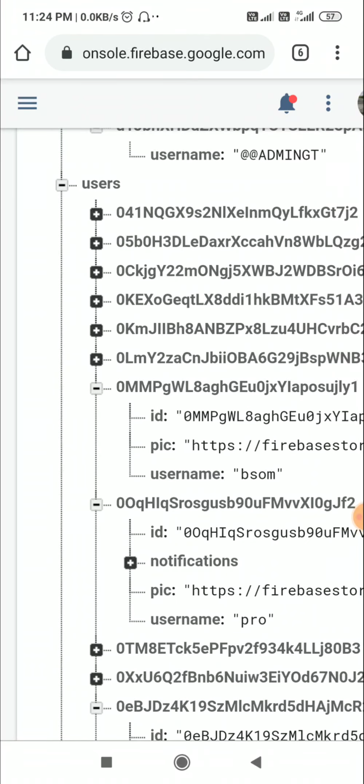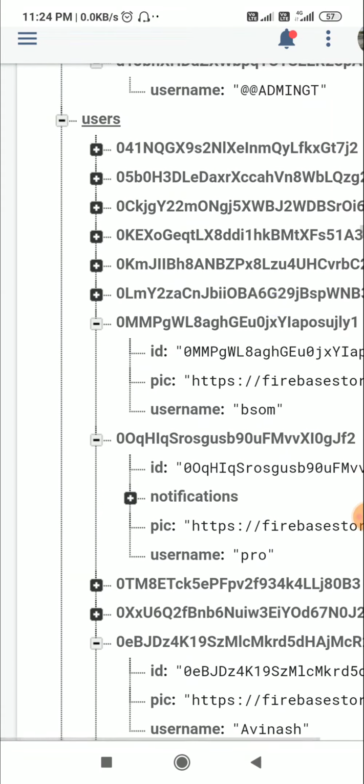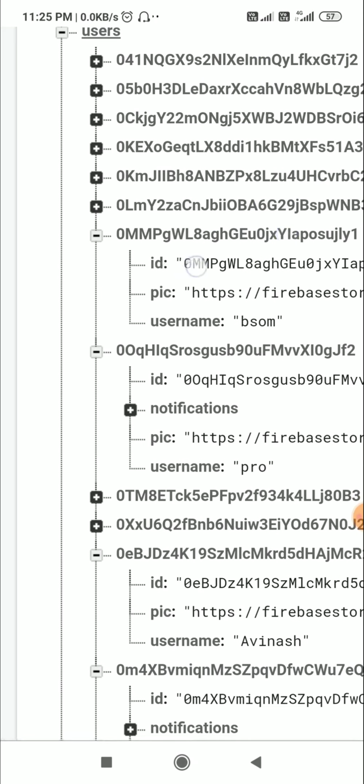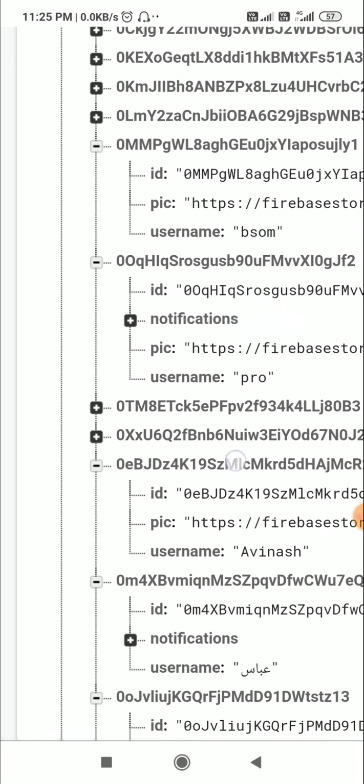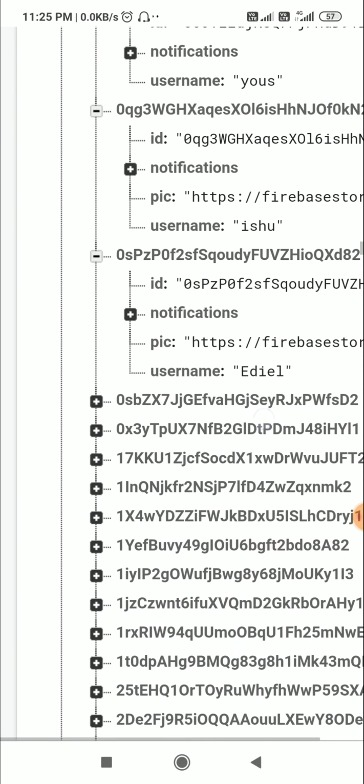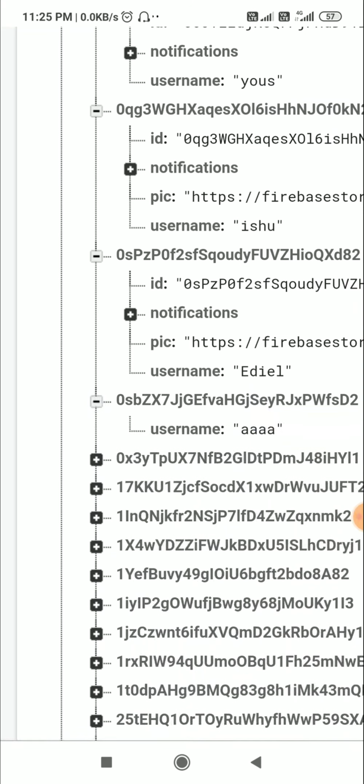So here is my Firebase database and it contains this data location users, and users contain a list of all the UIDs, and each of these UIDs contain these children or keys: ID, pic, username, notifications, and at a few places there is only username, no ID or pic.